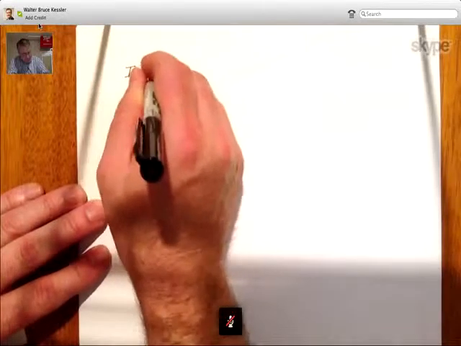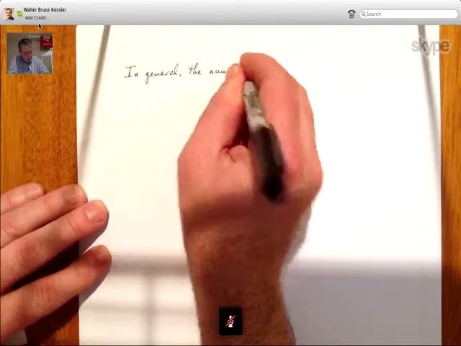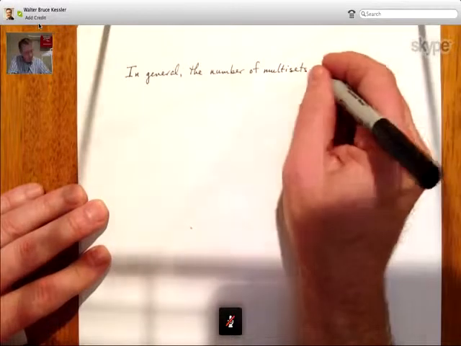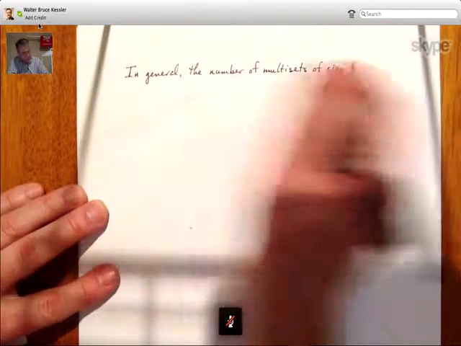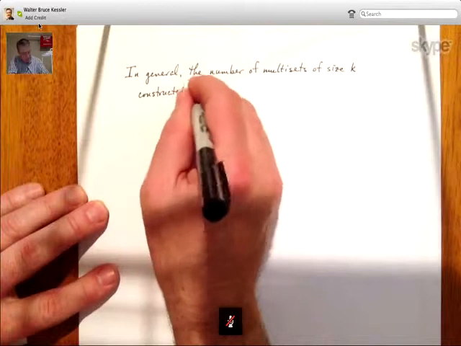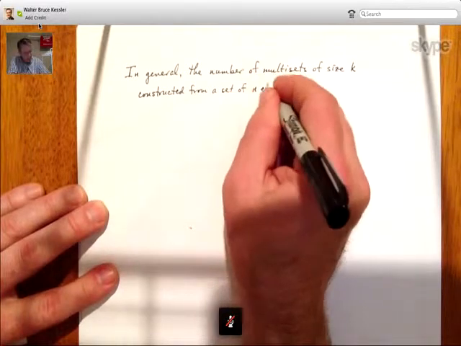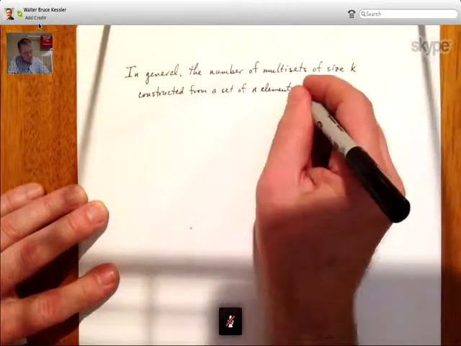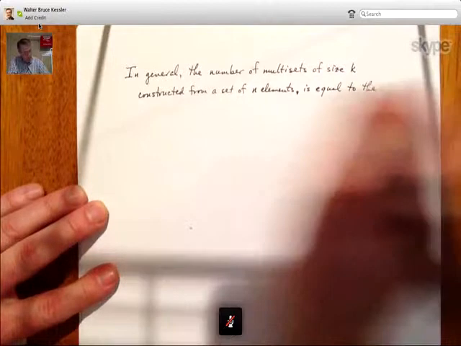In general, the number of multisets of size k constructed from a set of n elements is equal to